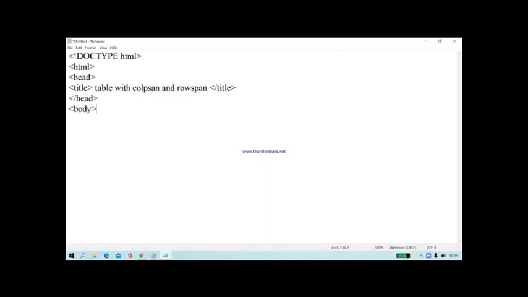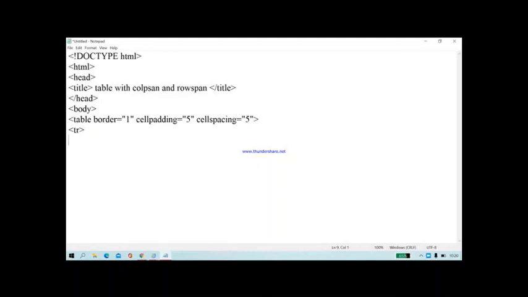then body. Start with the table tag first. So for the table I am giving border equal to 1, then the cellpadding attribute I am giving, the cellspacing attribute I am giving, and then start with the tr. Now I want to combine the first and the last cell by 3 columns.